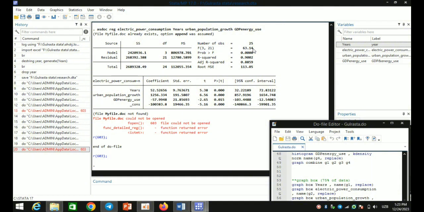In our regression, the F-test equals 36, and the probability of the F-test is 0, which means the relationship between dependent and independent variables is significant. And R squared means that our 90% dependent variable, which is electric power consumption, is expressed